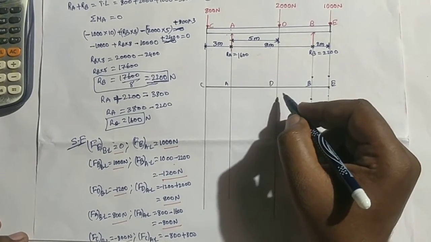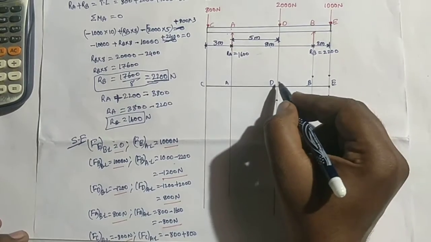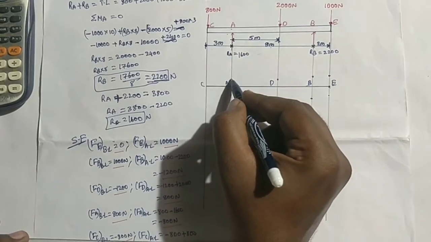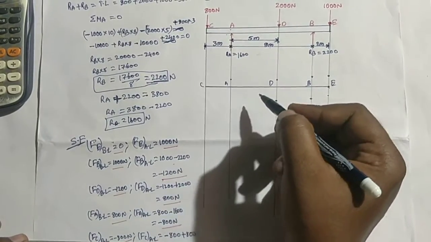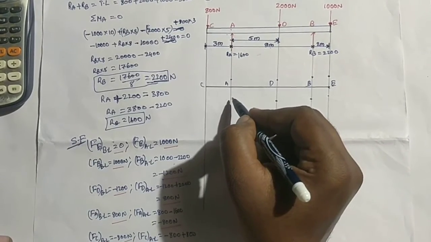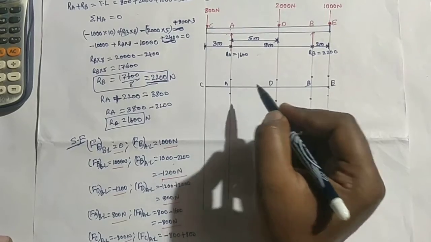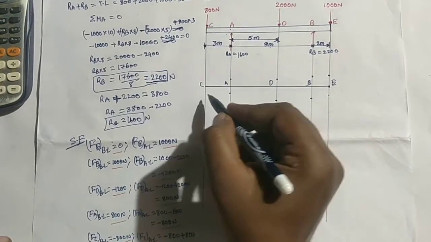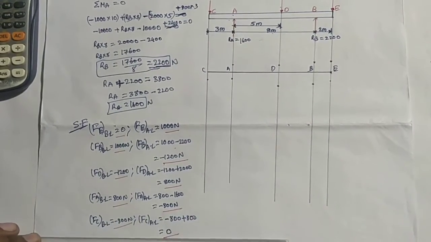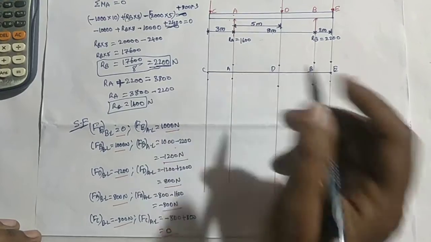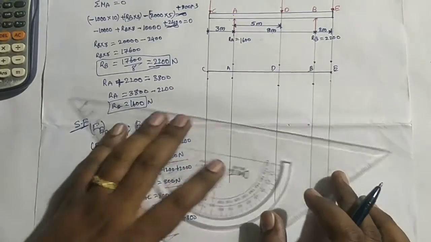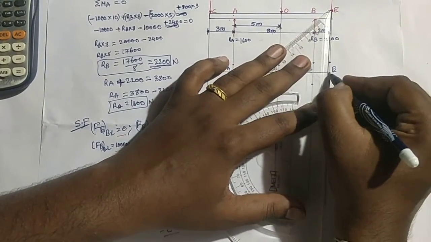Next, shear force at point D after load is 800, that is a positive value. Next, shear force at point A before load is 800. Next, shear force at point A after load is minus 800. Next, shear force at point C before load is minus 800. Next, shear force at point C after load is 0. Okay, that is the variation of shear force from the left to the right end of the beam. Join all the lines.